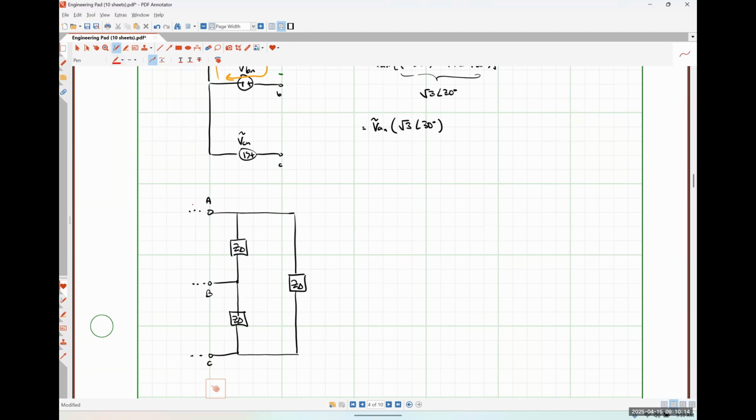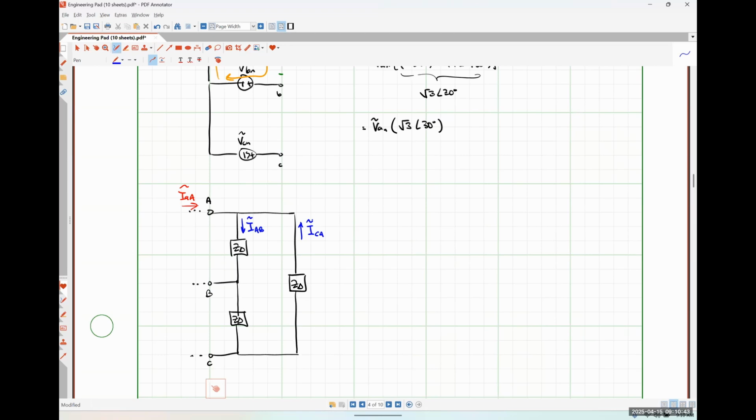So let's say that I have some line current IAA flowing in, and then I have a phase current of IAB flowing out, and a phase current of ICA flowing in like so, where I've defined those phase currents to be flowing into the positive polarity terminal of those phase voltages that we talked about when we first introduced three-phase